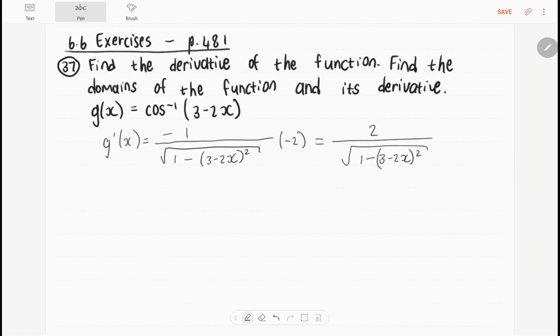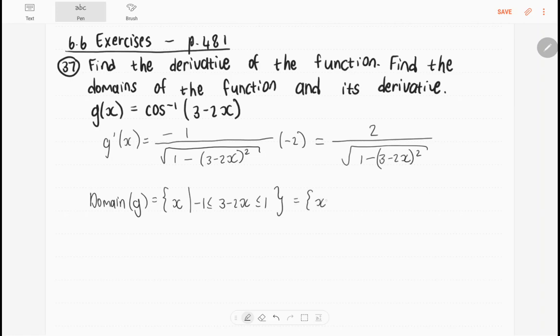We are also asked to find the domains of the function and its derivative. Alright, so we are working with inverse cos. So we know that the domain of inverse cos is the same as the range of cos, which is from minus 1 to 1. So the domain of g is going to be all x such that 3 minus 2x is between minus 1 and 1,